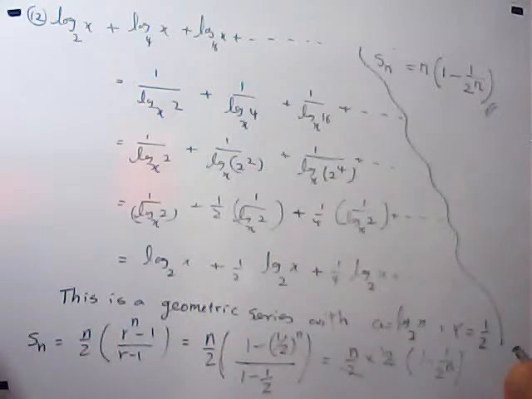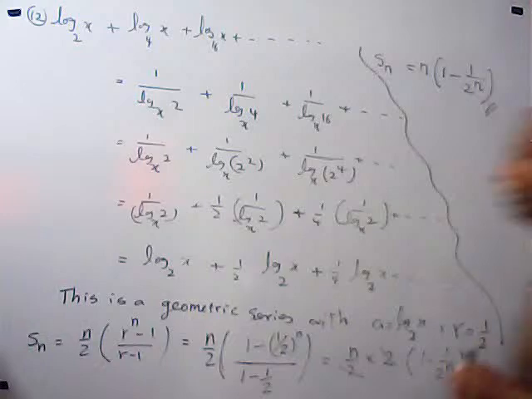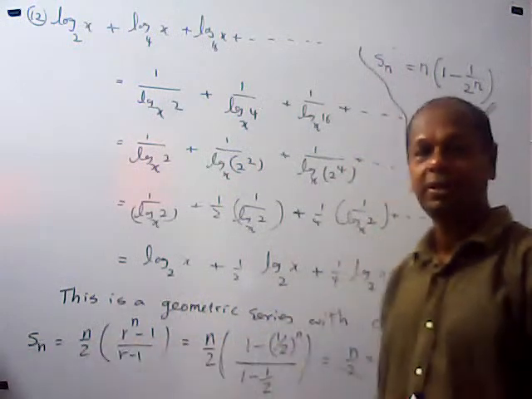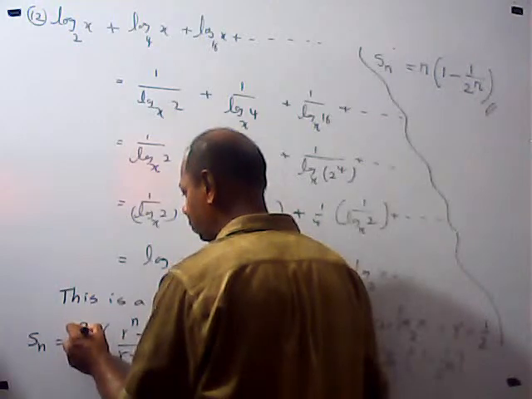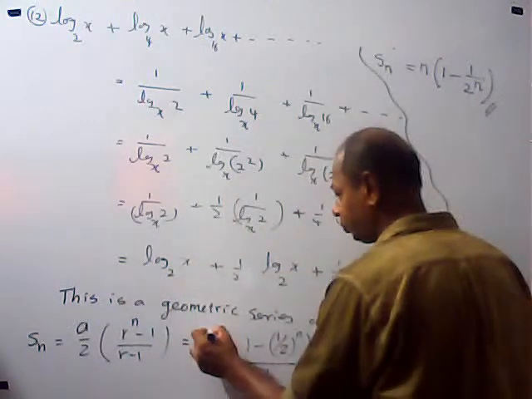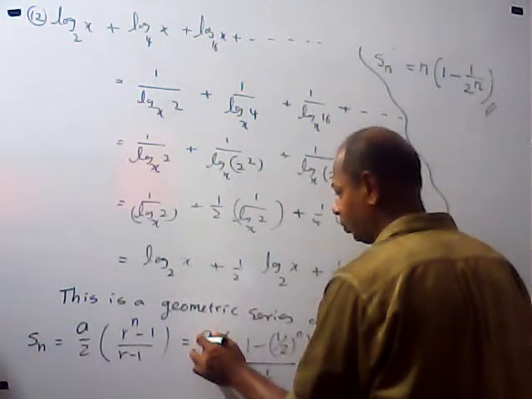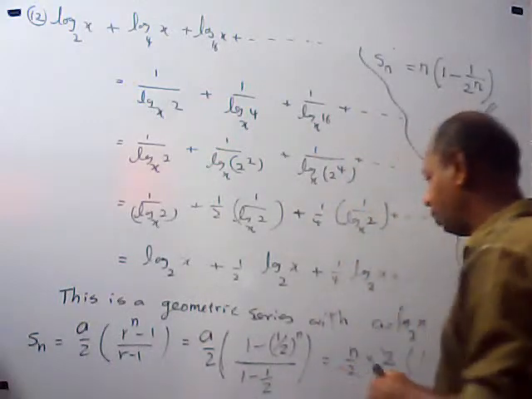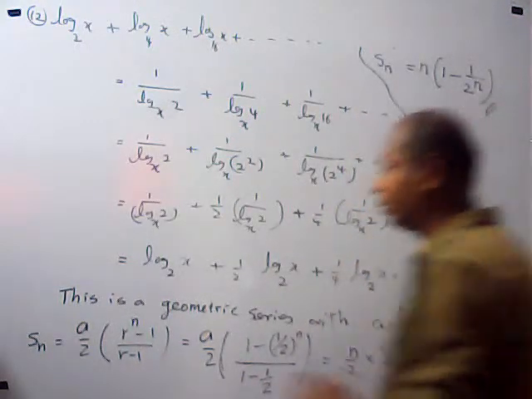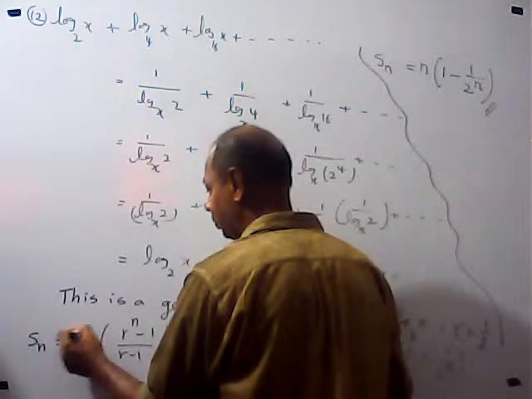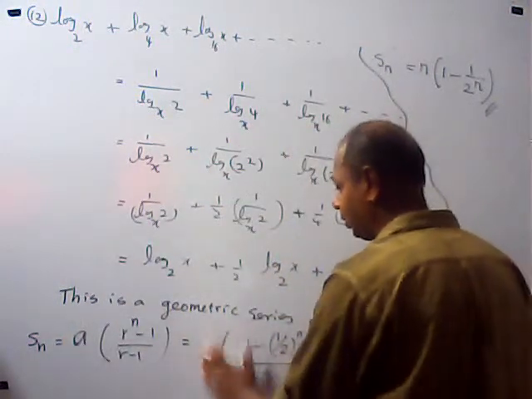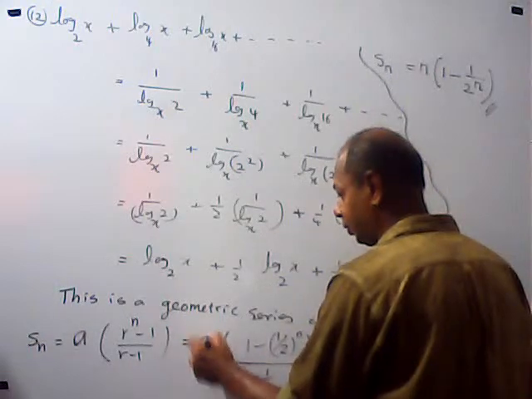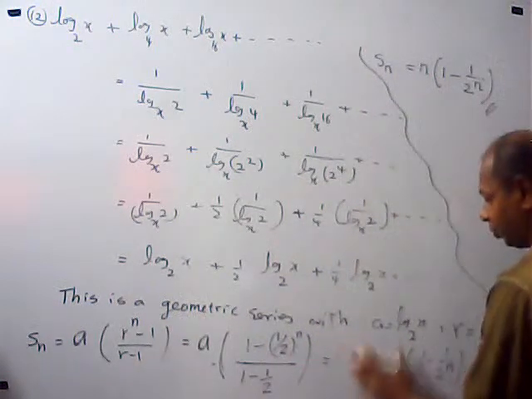Where is the... not n over 2, this has to be A. This has to be A. It is A times R^n minus 1, the formula. It has to be A. So A is